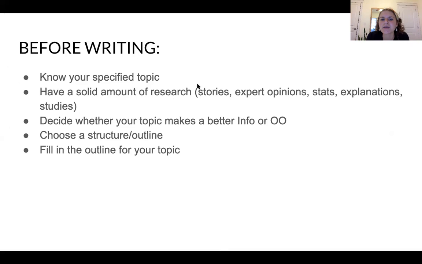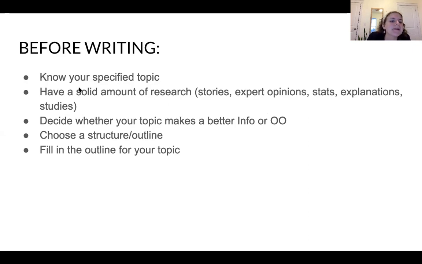If you don't understand this or you want some more information on that, then there is a research video that you can watch and that'll explain all of that. But you want to have around 8 to 10 sources of each of these categories. So before you start writing, you should have around 40 to 50 sources. Not that you're going to use all of those, of course, but that's just like the number that will allow for you to have the type of understanding that you need in order to be able to write a speech